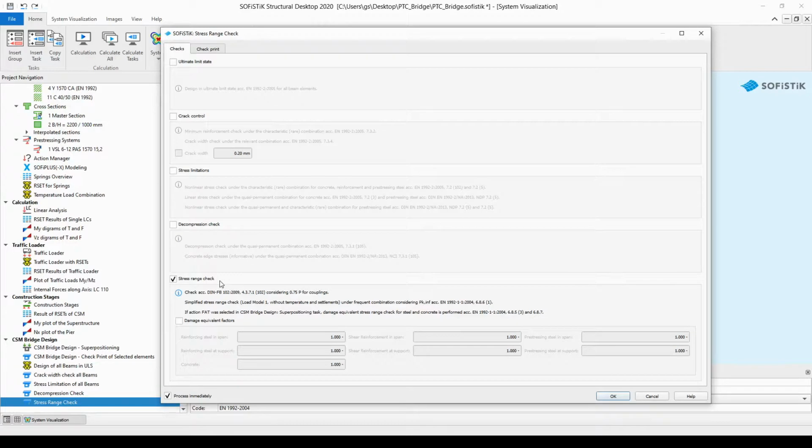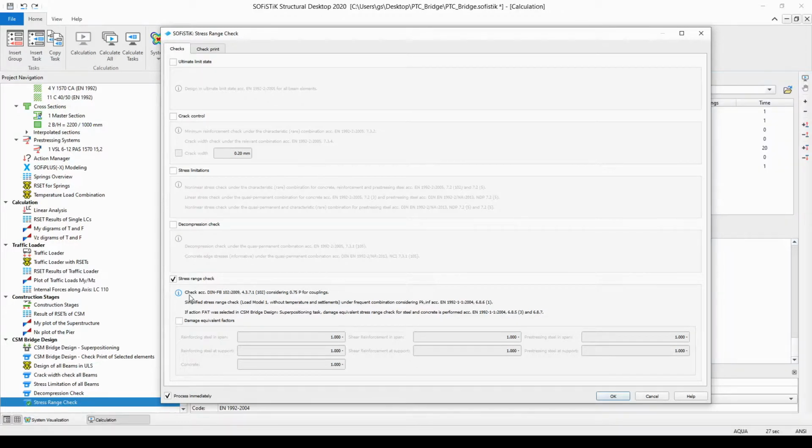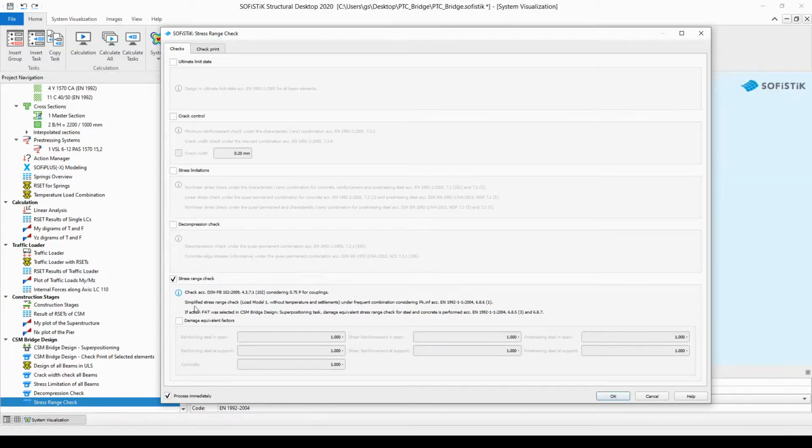Now let's review together the checks to be undertaken. First, a special check according to a German special report will be undertaken, considering only 75% of the pre-stress for the couplings. Then a simplified stress range check from load model number 1 without the temperature and the settlement actions under the frequent combination rule, considering the pK inferior, will be considered according to Eurocode